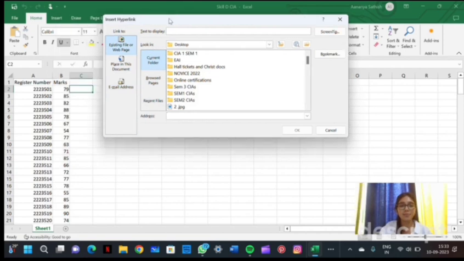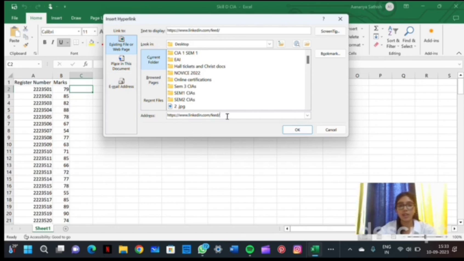So for example, if I'd want to insert the LinkedIn profile of the people who I'm grading in this particular data set, what I would do is I would initially go to the address bar. I would paste the link which I want to insert into my work, and you can either leave the text to display as it is if you want a link to be displayed. However, I want the word LinkedIn profile 01 to be displayed in the cell. So when I do this and click on OK,